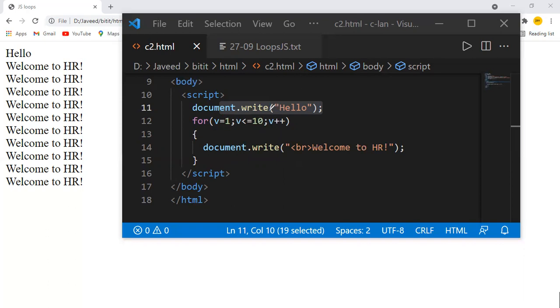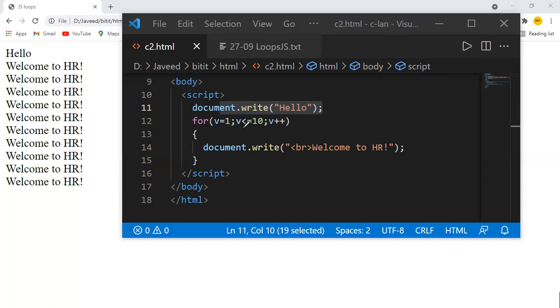If you have any doubts, you can ask me, no problem. Okay. Now this is the simple for loop that you are going to use for the execution part. Similarly, we also have other kinds of loops. We'll discuss them one by one. Now let us talk about this loop.